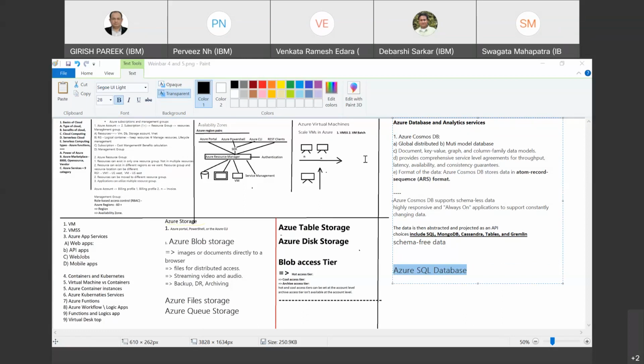I would say a large number of applications are still using relational databases on-prem, and although different types of databases are coming up, the popularity is still with relational databases. So if you are using any relational database, you will be able to switch to Azure SQL database